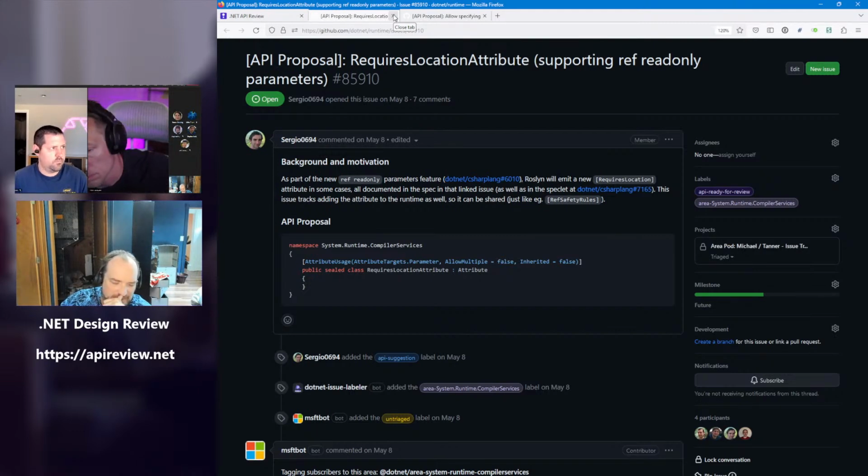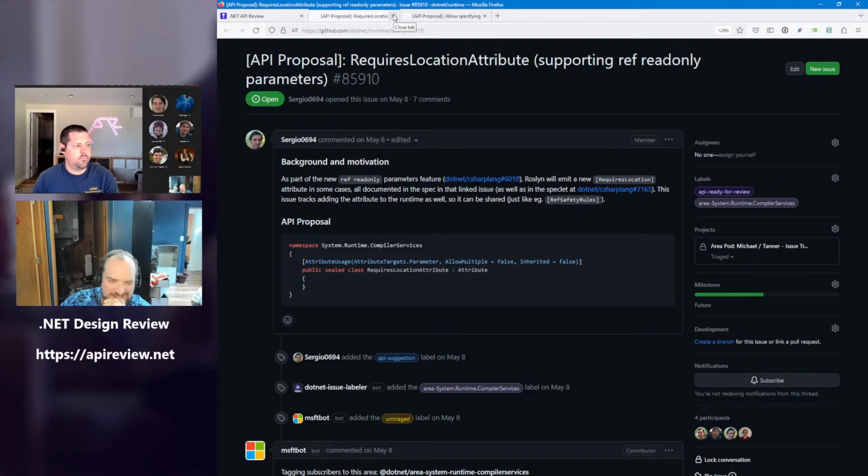Okay, so it's intentionally not 8, and it's ready for review because it's currently not waiting on anything, but it's not ready to do. Right. This is the shape that we are 95% sure the compiler is going to ship with, and we'll wait for the compiler to actually ship with it, and then we can put it in. Okay. If this is the shape, I think we could say that it's approved, and then just go ahead and mark it blocked and say it needs to wait for next version for the compiler team to be sure that's what they want the public to be. Or we can just ignore it today. If it's just wait for .NET 9, that's sufficient. Yeah.